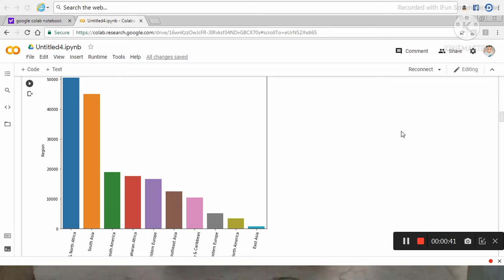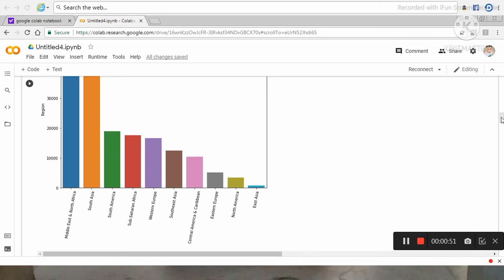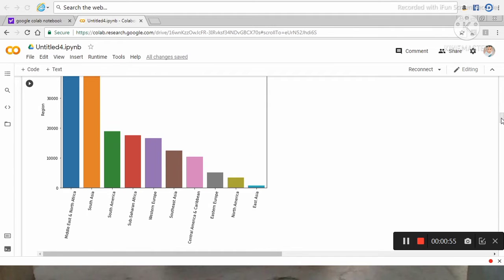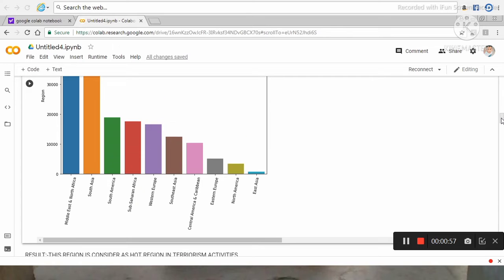Now here you can see that the most affected region is North Africa and then South Asia. As in the project we have to find out the hot regions in which terrorist activities are more, you can see that the most frequently affected regions are Middle East and North Africa, and South Asia.